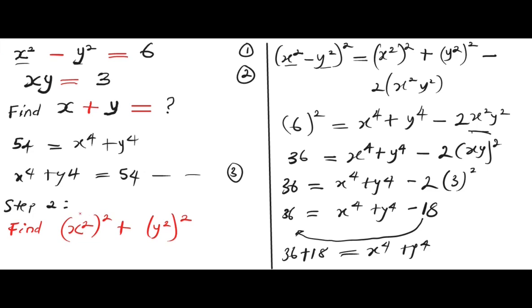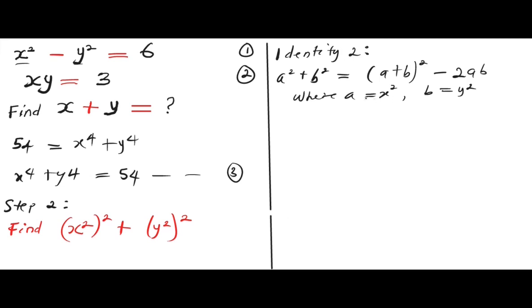let's consider this step 2. Here we are finding the square of x squared plus the square of y squared. The essence of doing this is for further simplification. Here you notice we have x raised to the power of 4 plus y raised to the power of 4 equals 54. So we need to come up with something like this so that we can simplify this further. Okay, so we are going to find the square of this and we are going to continue in this other part of the board. Okay,